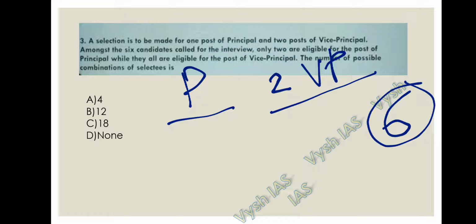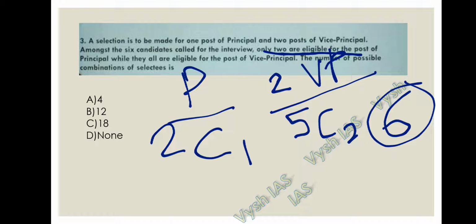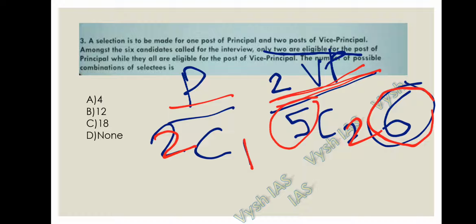They have given there are only 2 persons who are eligible for the post of the principal. So from among the 2, we have to choose 1 for the principal post. If you choose 1 from 6, 5 will be remaining, right? From these 5, we have to choose 2 members for the vice principal post. I'll repeat the statement. Only 2 persons are eligible for the post of principal, so from the 2 there is only 1 seat available. From the 2 persons, we have chosen 1. From the 6 persons, if we are choosing 1, 5 will be remaining. So from among the 5, as there are 2 posts available for the vice principals, we are choosing 2, 5C2.